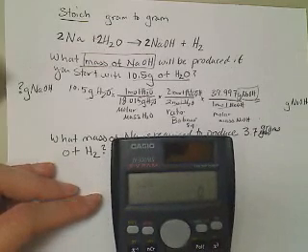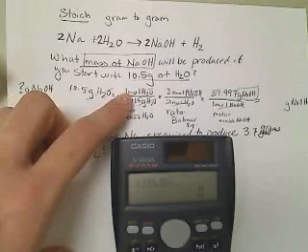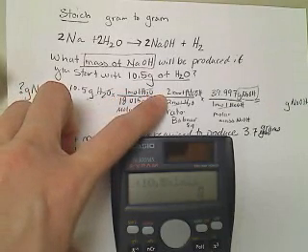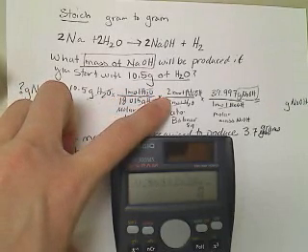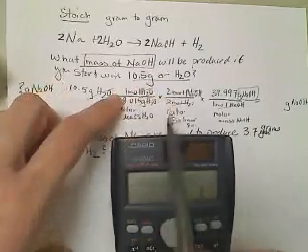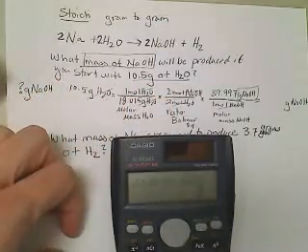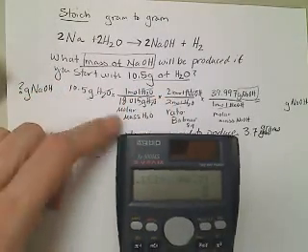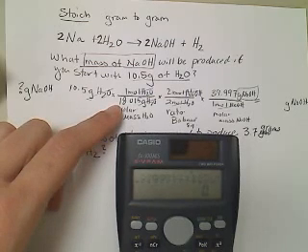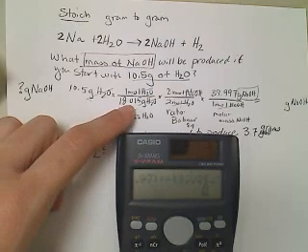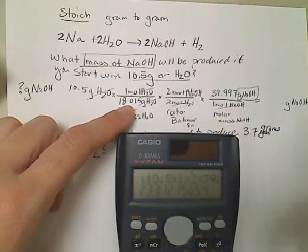All right, 10.5 times 1 times 2 times 39.997. No, you don't have to put the times 1 if you don't want to. All right, next thing I need to do, divided by, open parentheses, 18.015 times 2 times 1, you don't have to put the 1. And we get